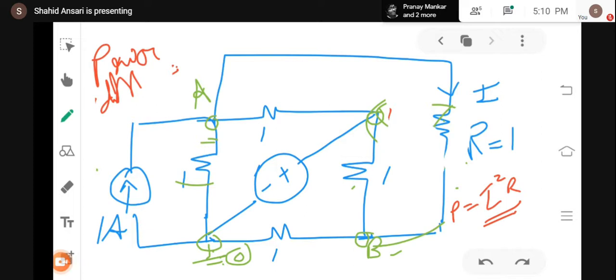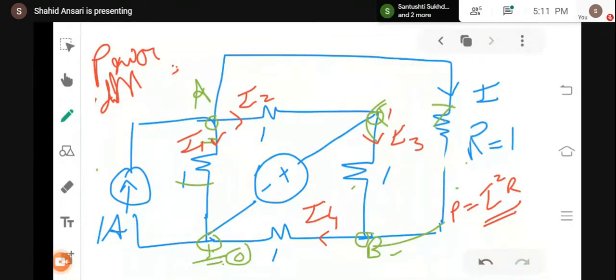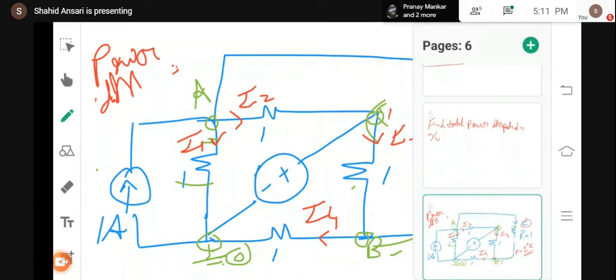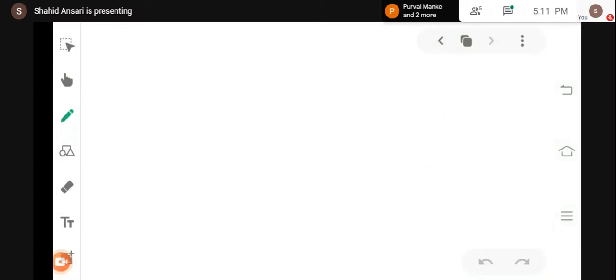So here we are going to find the power dissipated by individual elements. Let's assume any direction of the current. Let's mark it I1, this I2. It doesn't matter, you can mark any direction of current, but I have told you one thing: if you first consider the direction of current, your polarity for the passive element should be such that current enters from positive. So this will be I3. Then we have zero potential. This was already I. Now we can find I1, I2, I3, and I4.